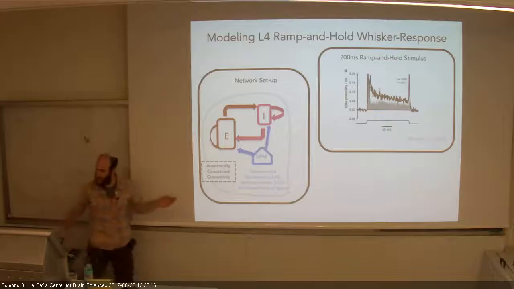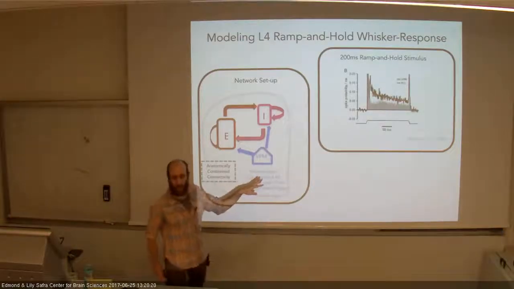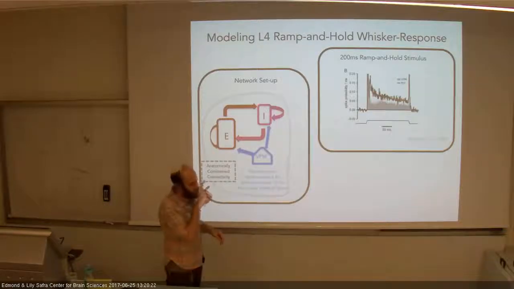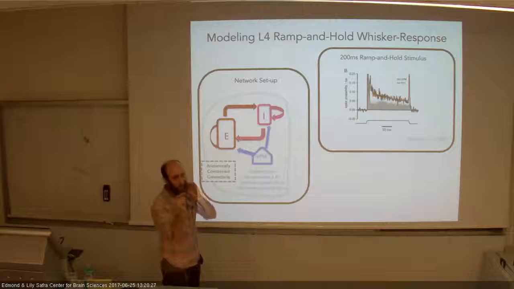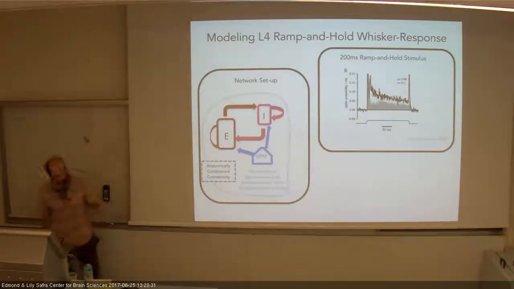Particularly, we simulated this somewhat old by now experimental paradigm where a whisker is offset for 200 milliseconds. It's called a ramp and hold stimulus, which is not so popular anymore, but it served our purposes. So we simulated that kind of input,